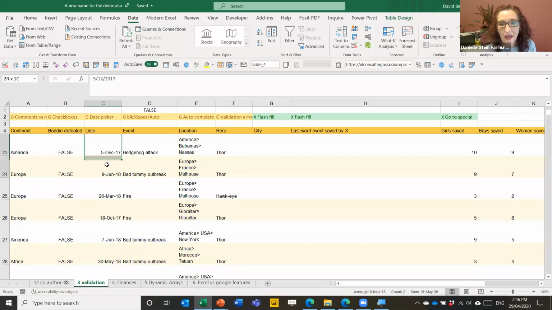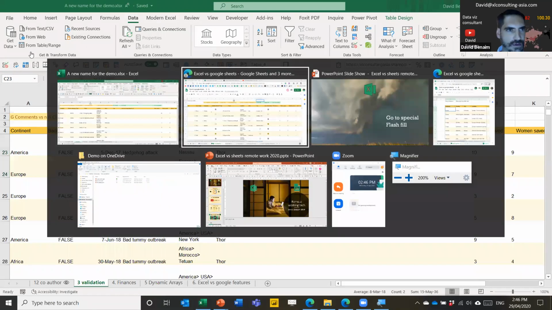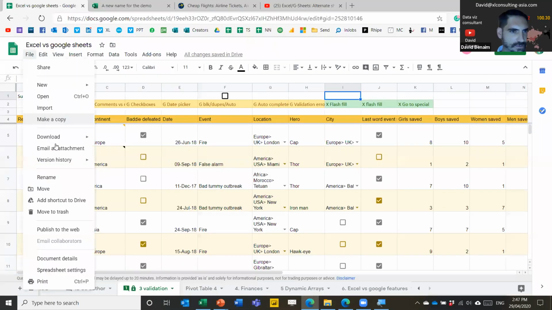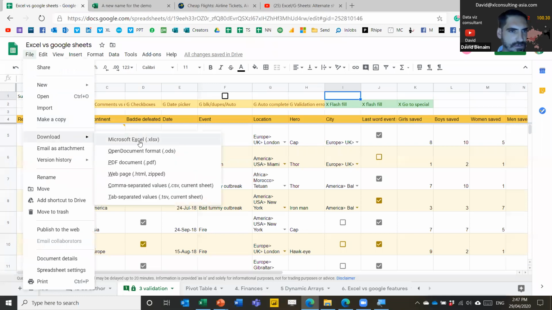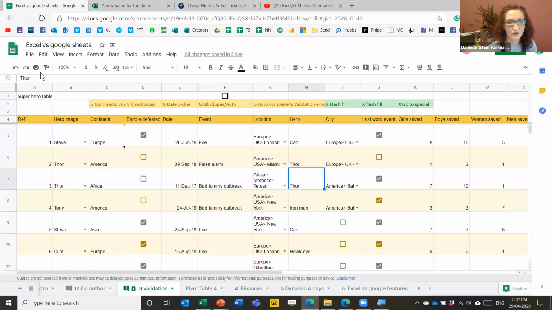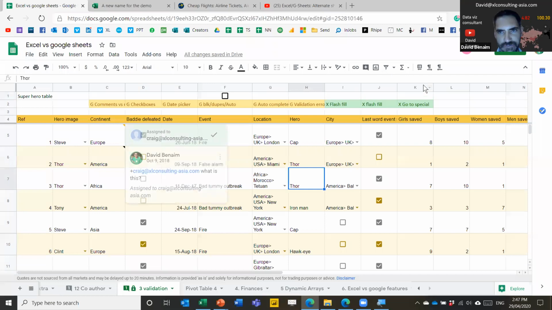And just one other quick question from Nelson. Are there any really good conversion tools for files between Excel and Google Sheets? I mean, you can export or import one from the other. From Google Sheets, you can download as an Excel. Yeah, but if there's problems with conversion, are there some tools that you need to use? Personally, I haven't come across the need for that. I do it relatively often, but I haven't seen it.